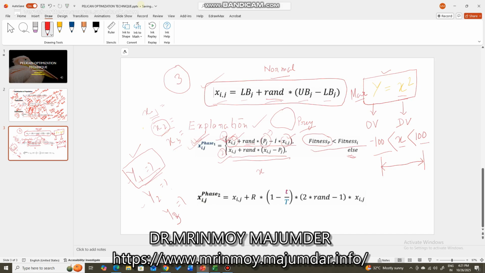I think it is clear. So the check will decide whether a new value of x will come or the old value will remain. So accordingly your y will also be updated. If you find a new x for one of the agents, for that agent the y value will change. But for the other agent who will remain with the old x,